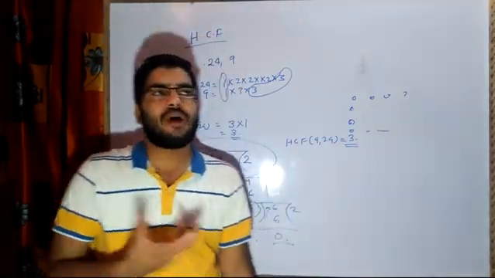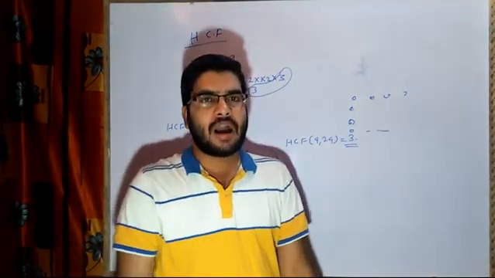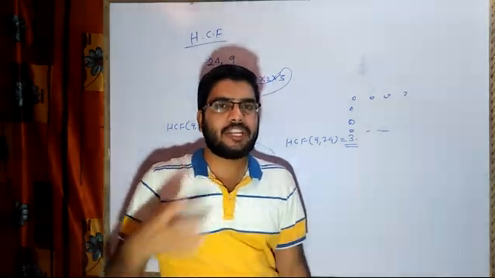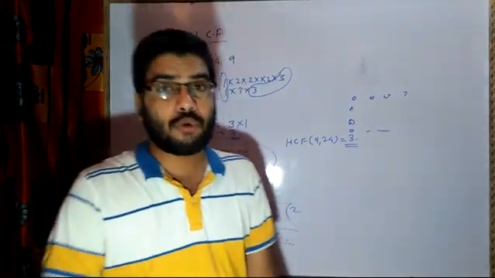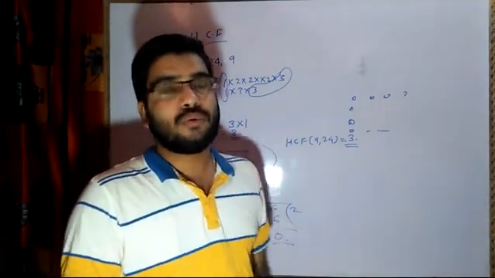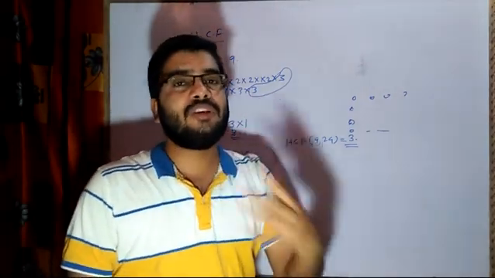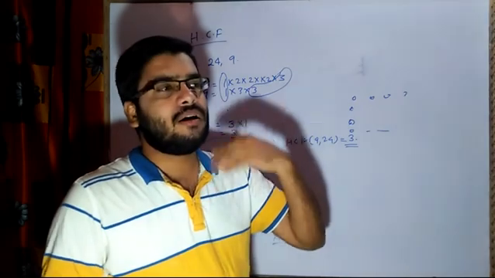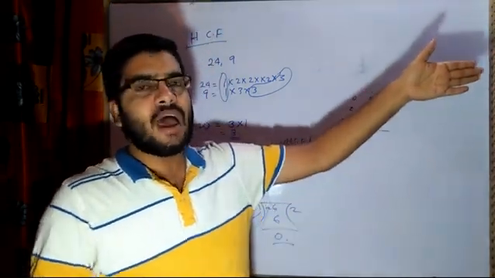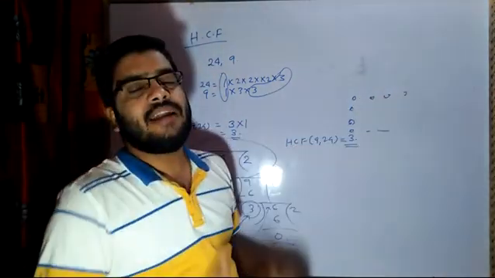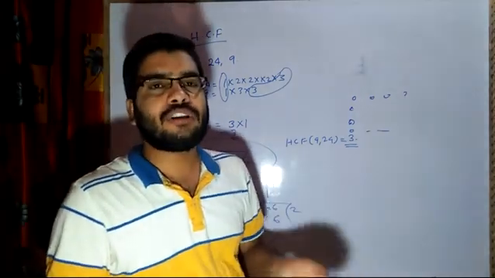Like in your house there may be marriage parties or some functions. Now you may be asked to arrange a limited number of chairs in such a way that the number of rows and number of columns should be the same. So in that case you will be making use of LCM and HCF method. If you know mathematically you can solve, and then you can tell others that you put this many chairs in this manner and this many chairs in this manner, and the entire number of chairs can be arranged.